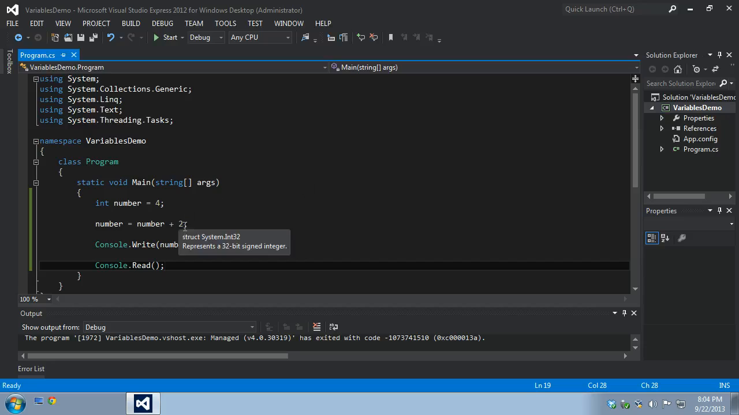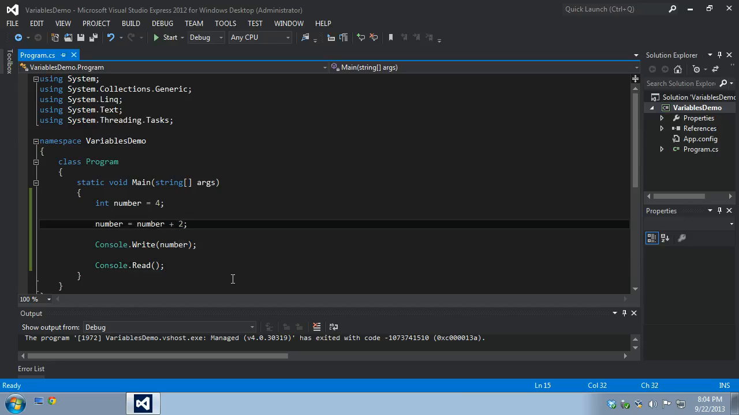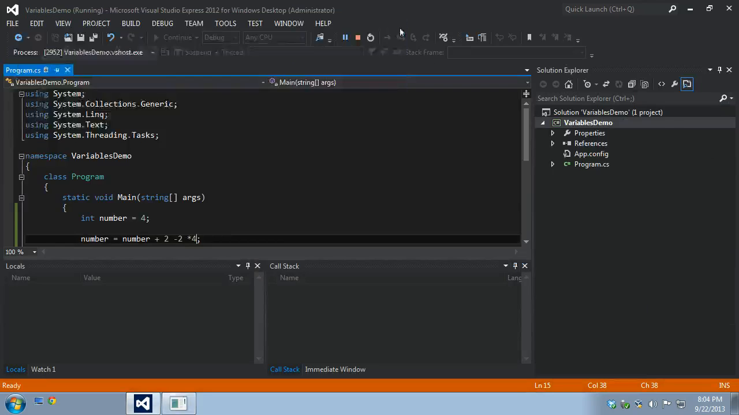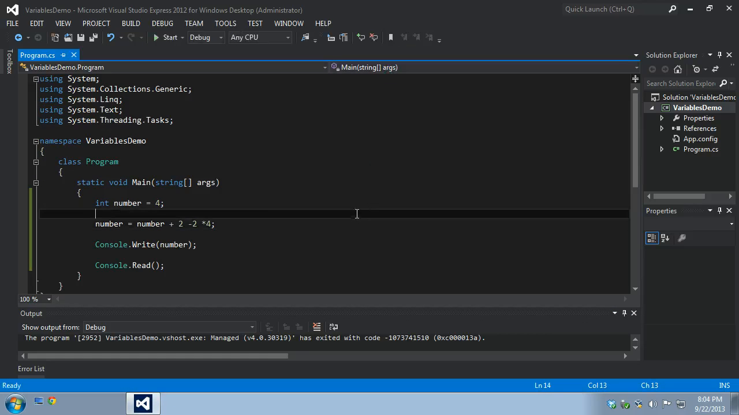And just like that, you can do other things, subtraction. Let's see, a little multiplication. I can multiply it by 4, and if you run it, you'll get -2. So that's good, but